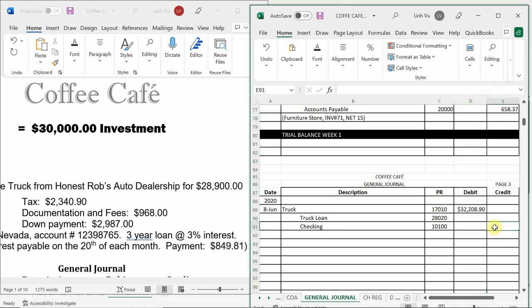Okay. How much did I make that? What was my down payment for? Payment is $849. Okay, that's payment. What was my down payment? $2,987. Okay, so therefore,